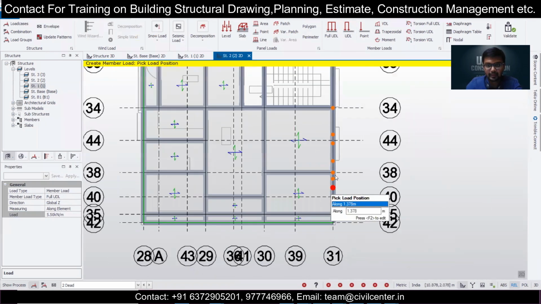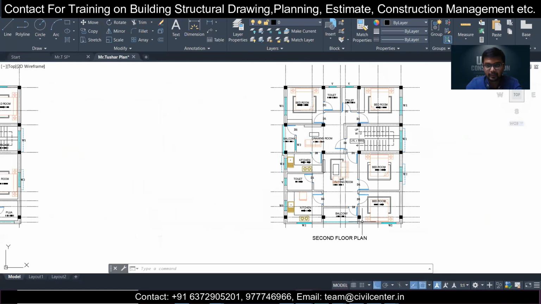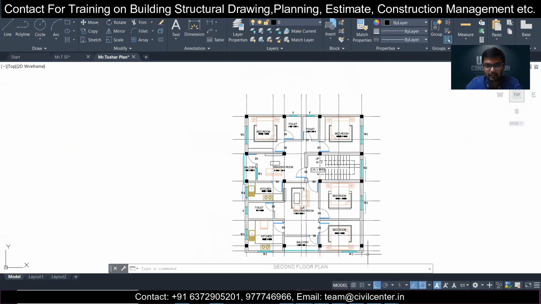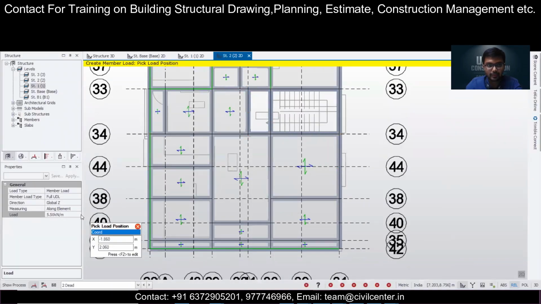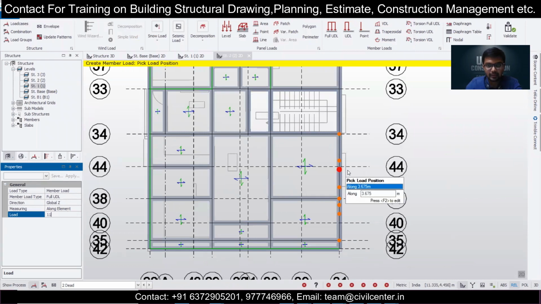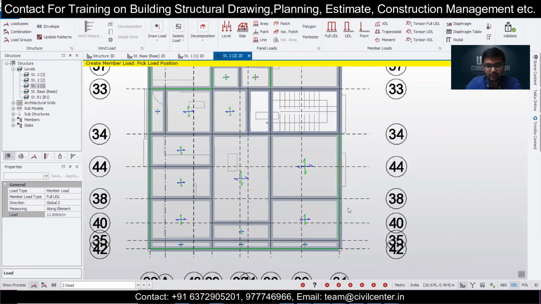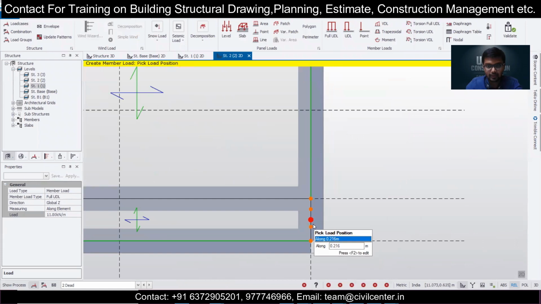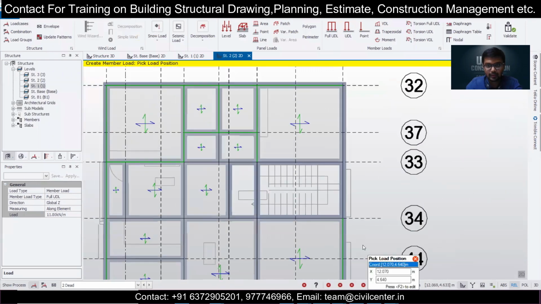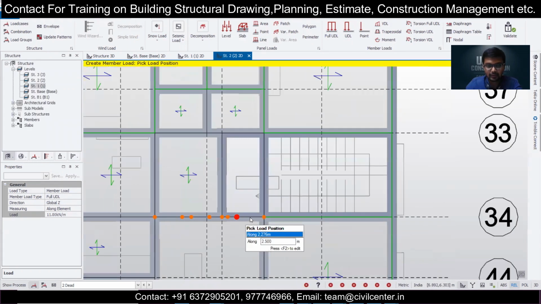And in the right side, I hope we'll have load of 11. So we'll apply a load of 11 kilonewton, and on the right side 1, and then small portion 2, and then staircase. So it will go up to this much, and this portion can be done by the full UDL.